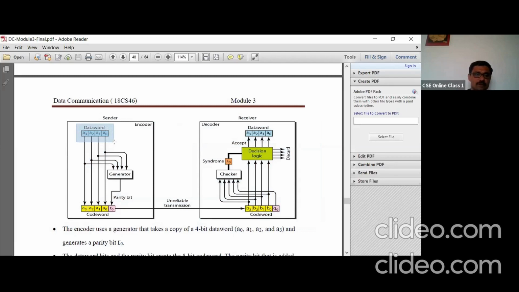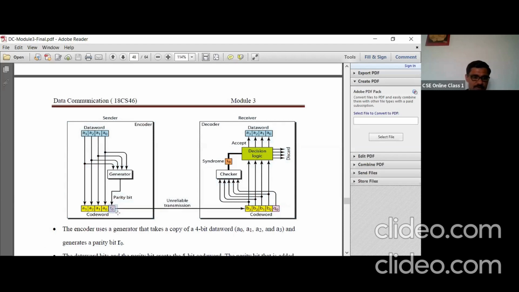This is just an example. The 4-bit data word is taken, and using it, there is a generator here that will generate the parity bit R0. So your code word will have the data word bits A0, A1, A2, A3 and the parity bit.